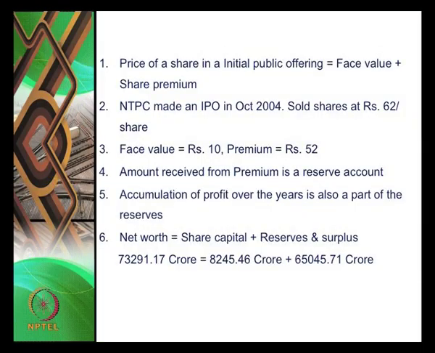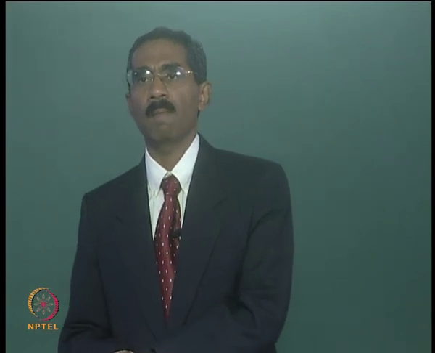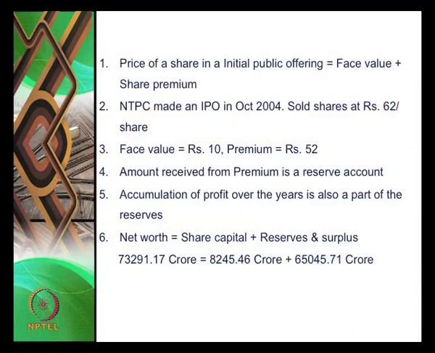Now let us look at the calculations to find out the net worth. If you look at the net worth, it is a summation of share capital and reserves and surplus. The total net worth that we see in the balance sheet is 73,291.17 crore. Part of it is coming by way of share capital, 8,245.46 crore, and the remaining is coming from reserves and surplus, 65,045.71 crore. So the total net worth is